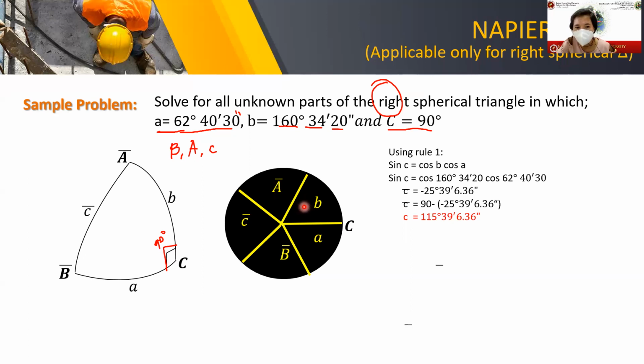So pwede natin siyang gamitin since meron na tayong B and meron tayong C bar. So since adjacent to, we cannot use sin co-op. Ang gagamitin natin is sintaad since adjacent siya ng A. Okay? So using rule number 2,